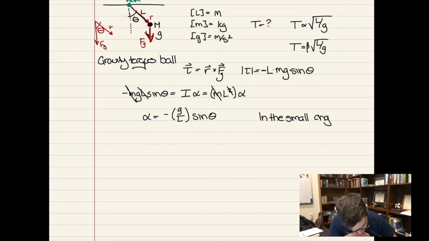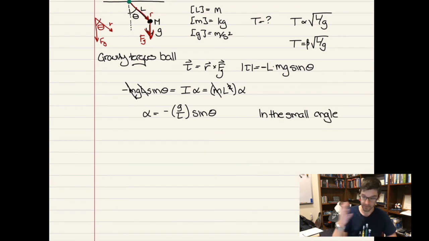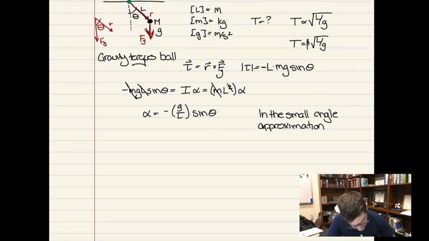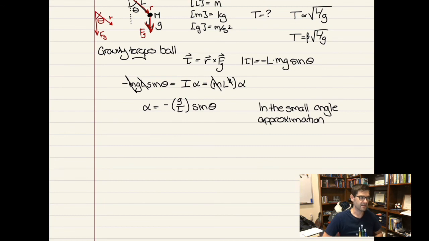So we can look at pendulums. When you look at a pendulum, like a grandfather clock, or an actual pendulum clock, the big arm of the clock is not swinging 90 degrees to 90 degrees. It is moving a very small angle, usually less than about 10 degrees or so. So in those cases, it's nice to make an approximation, the small angle approximation, which